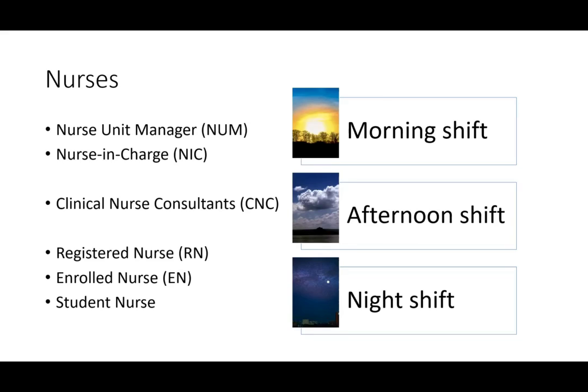And then more on a daily basis, providing you with the care, administering your medications, helping you have a shower, looking after your dressings, things like that, that's going to be your registered nurse. A registered nurse is somebody who has finished their degree and is working on the wards. They may support an enrolled nurse. An enrolled nurse is somebody who's completed at minimum their diploma in nursing and is still working to, or maybe working to, become a registered nurse.